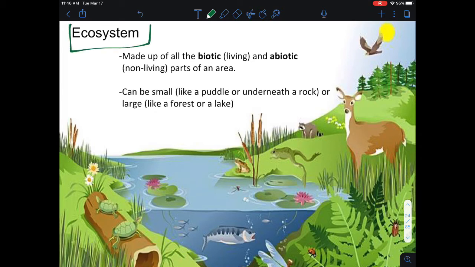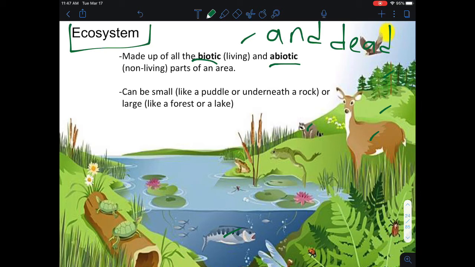When we look at something called an ecosystem, we have to divide it, well, we don't have to, but we do divide it into two categories, biotic and abiotic. Biotic is living and dead. So living or once living parts of an area, and abiotic means non-living. So in this picture, biotic things, obviously the trees are biotic, the grass, the deer, the raccoon, that's all biotic, the fish. If there were a dead fish, if there were dead grass, that would all be biotic as well.